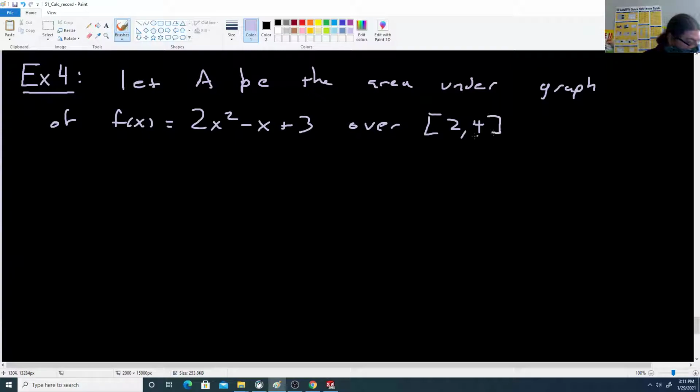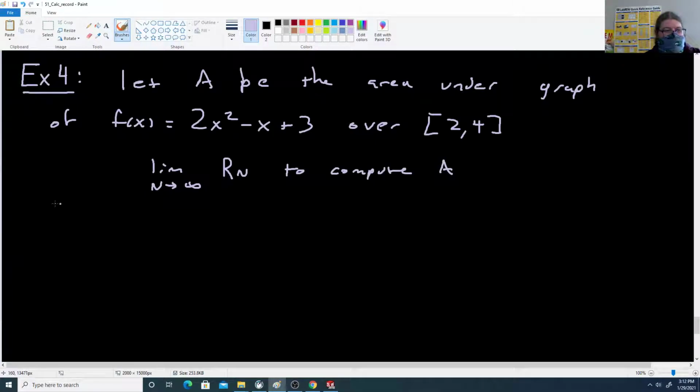And they want us to show that the limit as n goes to infinity of Rn equals A. Or sorry, they don't want us to show that. They want us to compute. So use this to compute